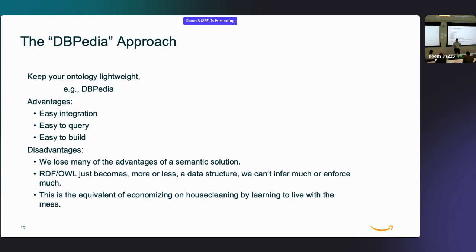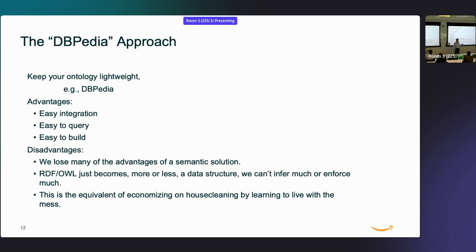The DBpedia approach is really one of saying, we're going to create an ontology that's really lightweight, which makes it a lot easier to pull all kinds of data in, and that's relevant if we're looking at DBpedia, which is trying to integrate data from the web that comes in from Wikipedia. Well, the data quality of that varies, the accuracy varies. So the solution seems to be, we'll create a very lightweight ontology, which does help. DBpedia has a huge, vast, diverse, very, very large knowledge set.